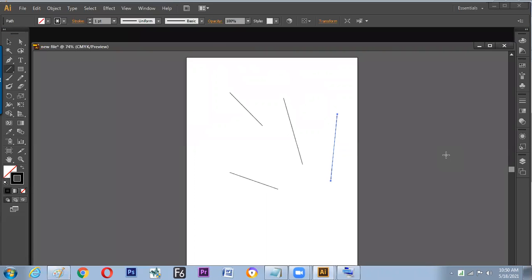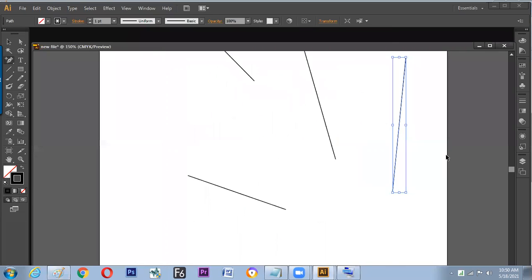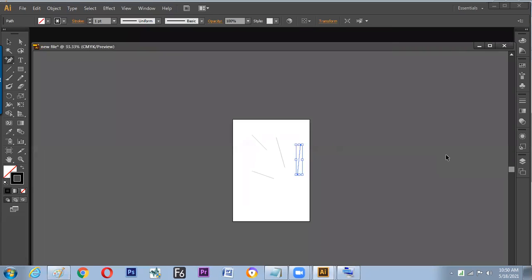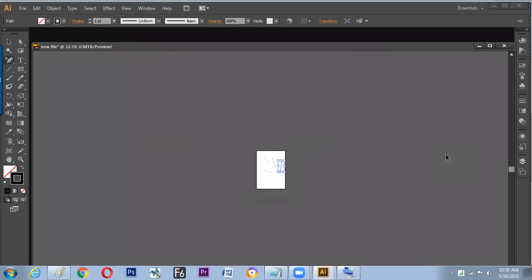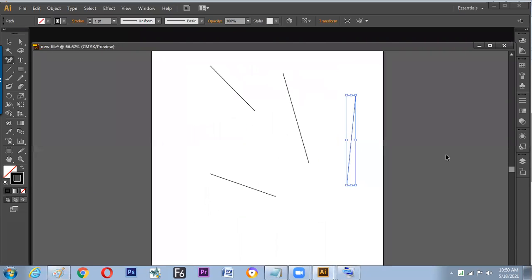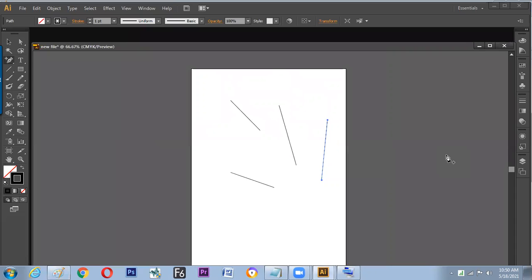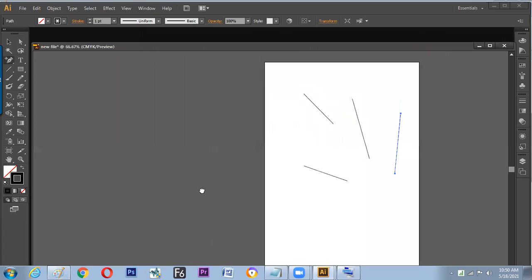So hope we have understood now how to go for full screen. Next keyboard shortcut, Control plus and Control minus is the keyboard shortcut to zoom in and zoom out, which we have already learned in Photoshop also. Now, the next keyboard shortcut, hold the space bar and get your canvas wherever you like.